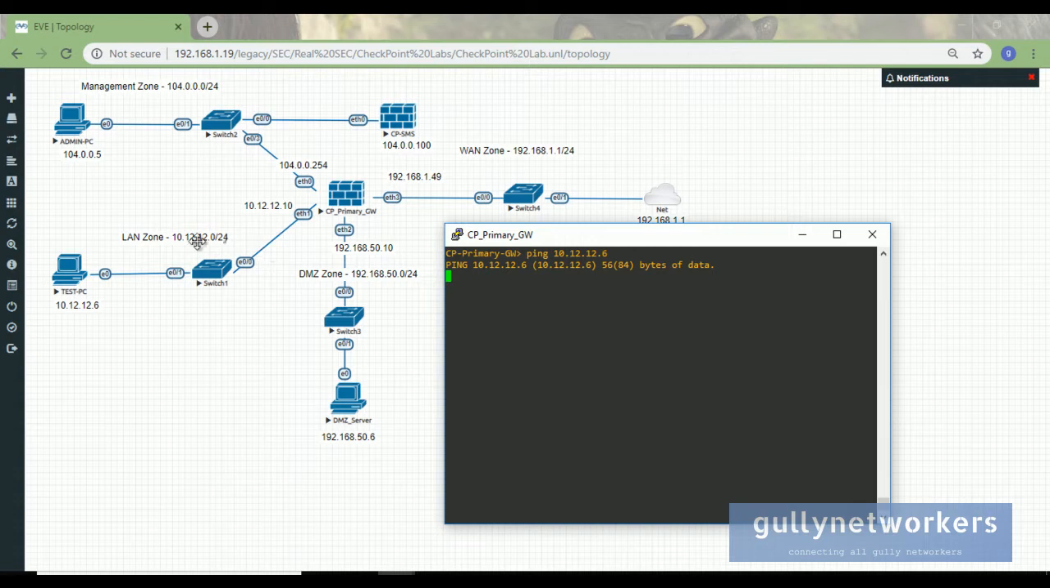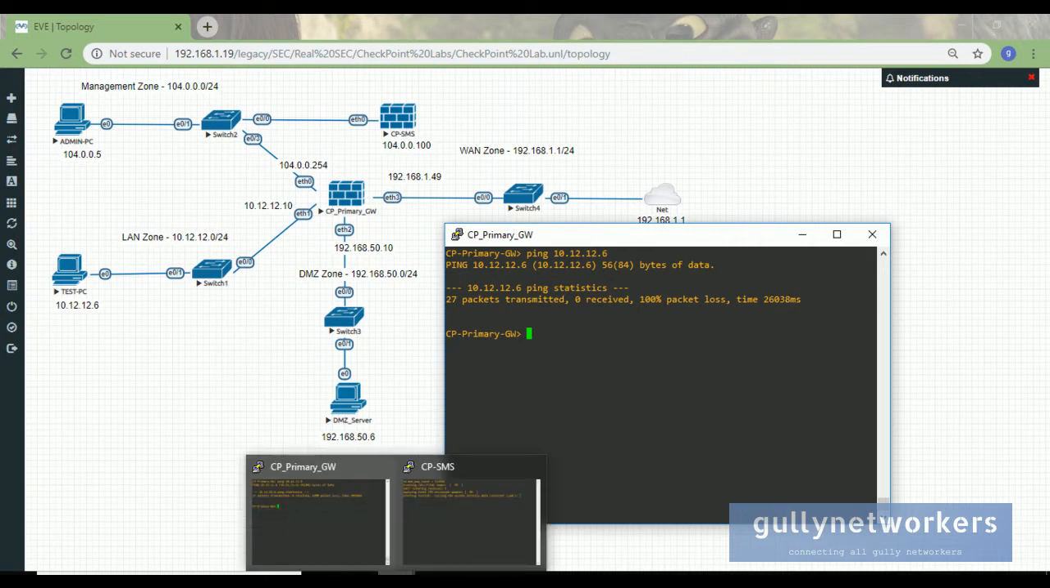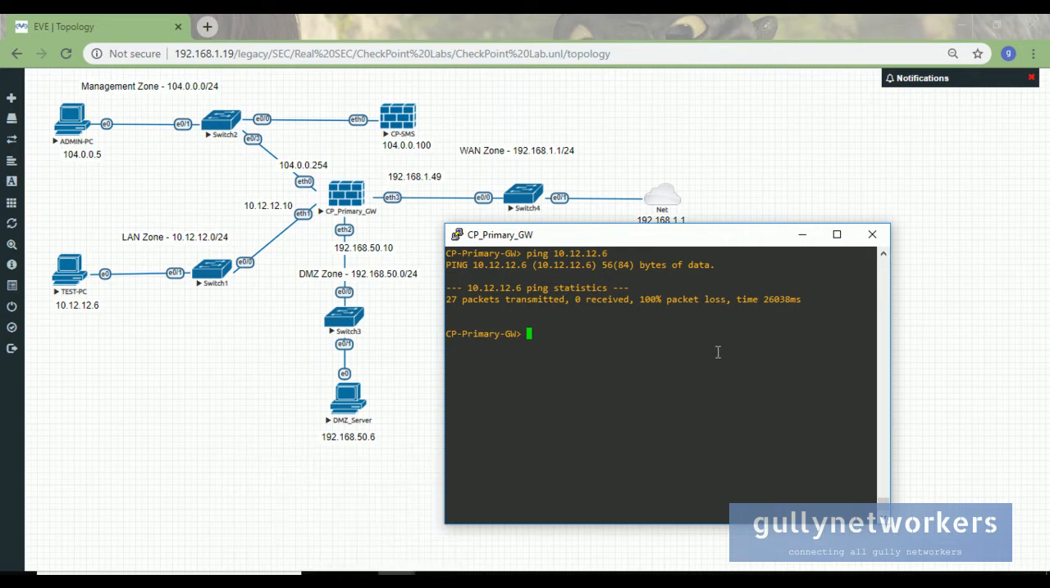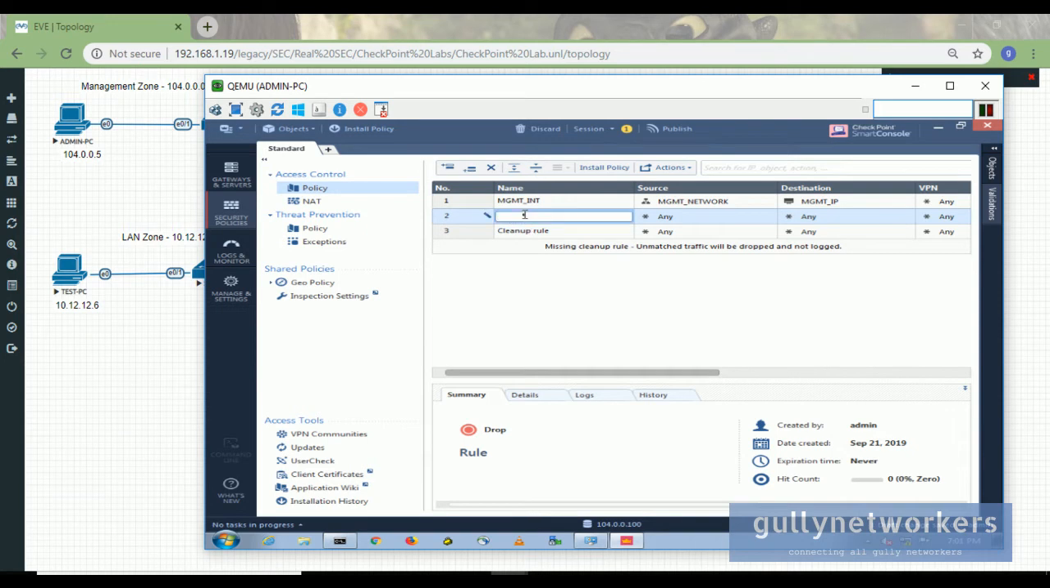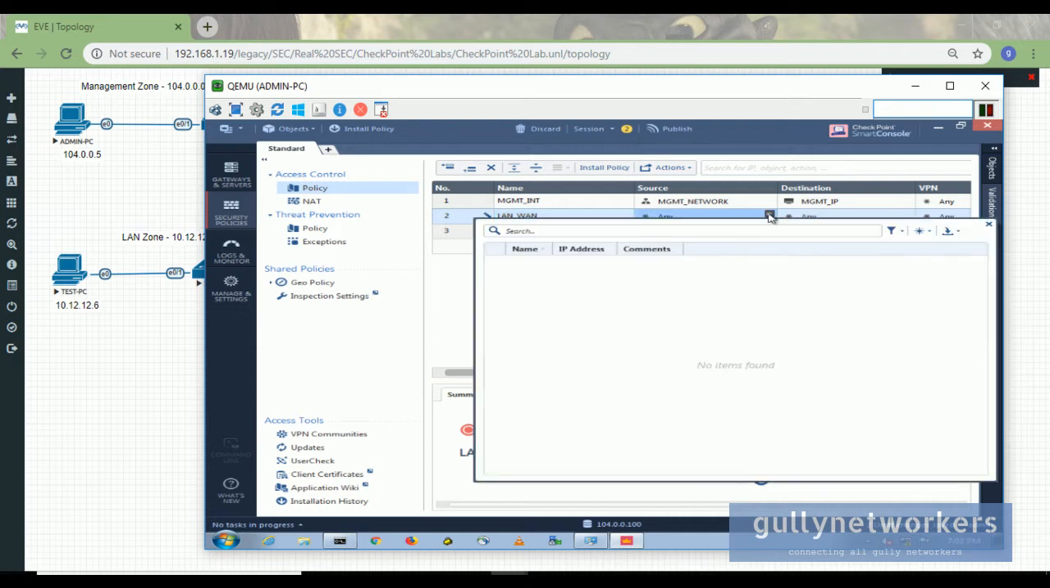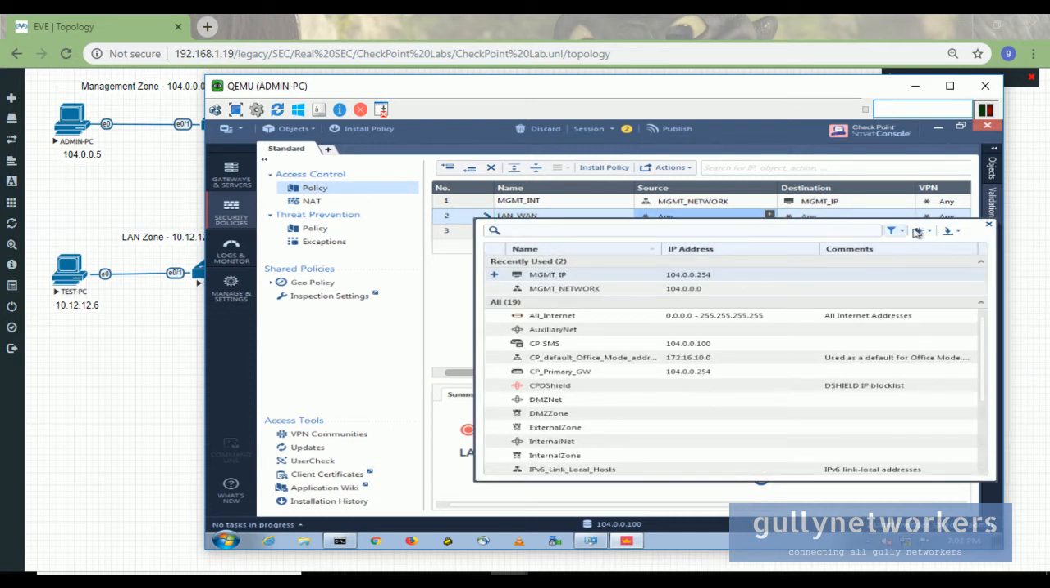Now to allow the traffic from LAN to WAN, we need to create a new rule. Let's define that. Till then I'll press Ctrl C to finish this scan. Okay, now I'm going to SmartConsole and create a new rule in between the management and cleanup rule. For the new rule, from LAN to WAN, the source object, I need to create a new